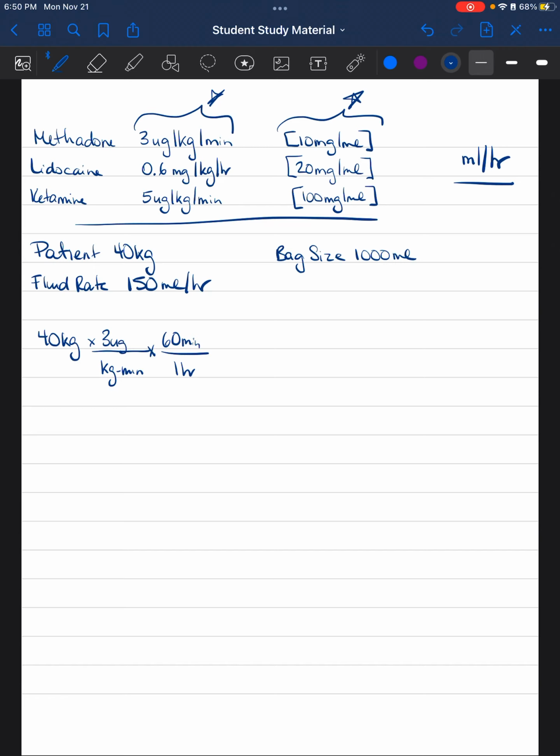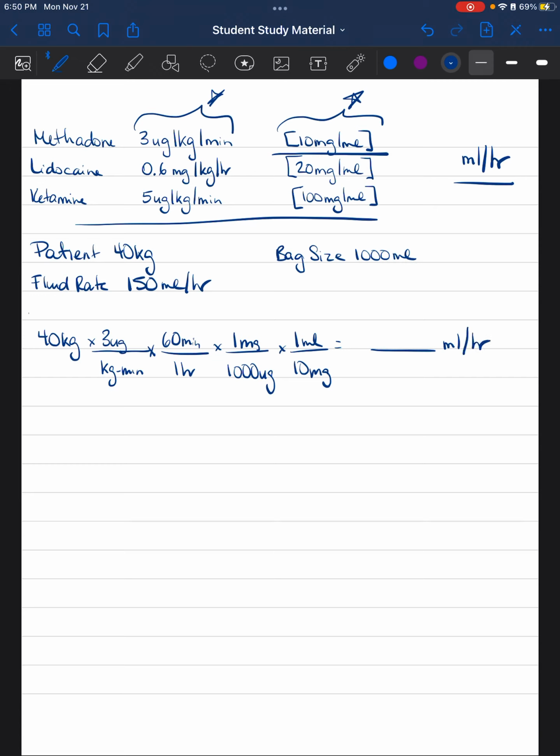Okay. And then let's put in our drug concentration, but oh, hang on here, there's a problem. So our drug concentration is in 10 mg per mil, but our dose is in micrograms. So we need to have a conversion factor here. So for each milligram, there are 1,000 micrograms. Okay, so now we can input our drug concentration, which is for 1 ml, 10 milligrams. Okay, so this is going to tell us our mils per hour